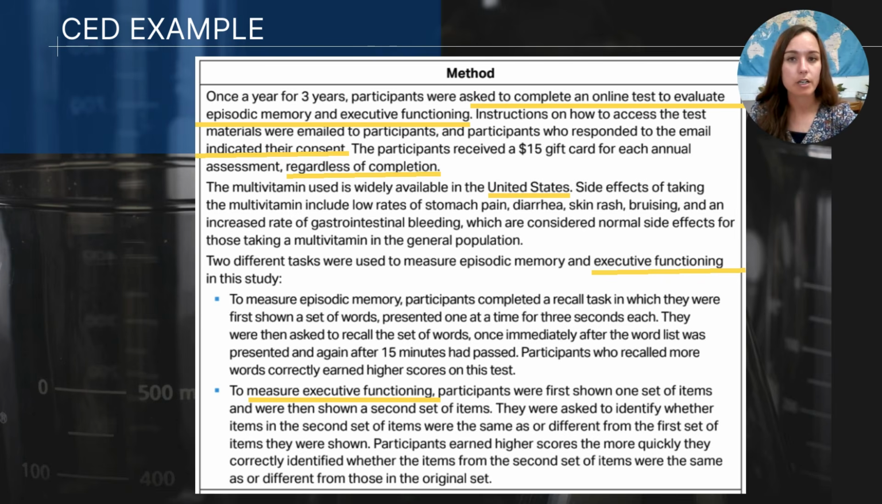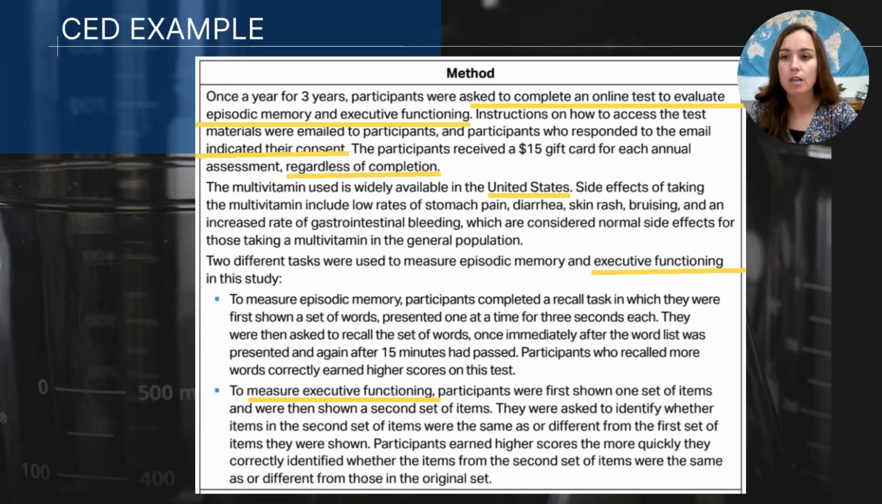Once a year for 3 years, participants were asked to complete an online test to evaluate episodic memory and executive functioning. Okay, so did you hear that? They're evaluating cognitive decline based on two different factors. One is episodic memory, and the other is that variable we're supposed to operationally define, executive functioning. So this is something that we're going to need to listen for. We're going to need to be able to precisely explain how they're measuring